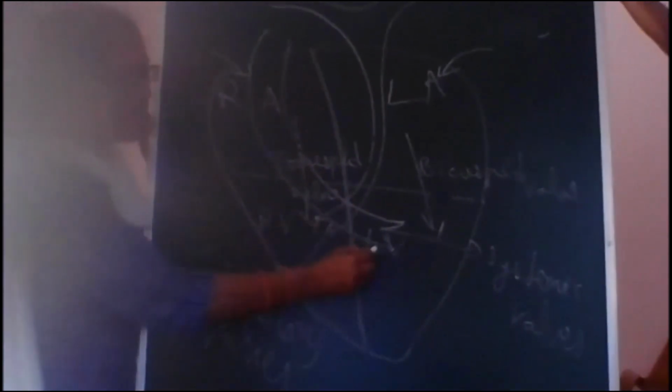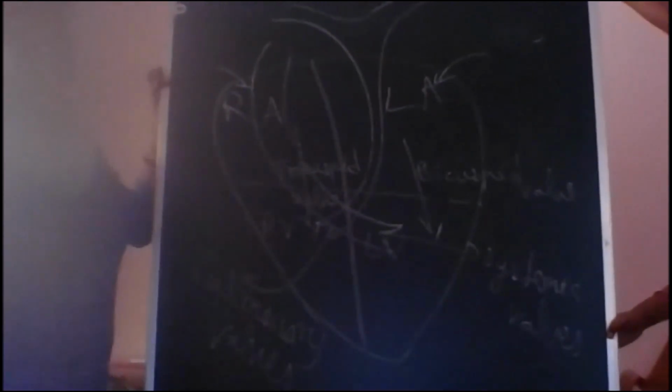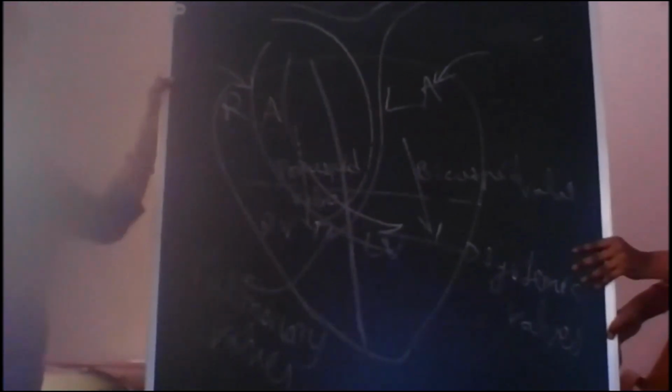Now at the origin of the aorta, we have pulmonary valves and systemic valves. Those will suddenly shut and will not allow the blood to come back into the ventricles. This shutting of the pulmonary valves and systemic valves gives the second sound of the heartbeat, which is called dub. So lub, dub, due to which the blood in the aorta will be moved forward. This is what you call the cardiac cycle, which will take 0.8 seconds. For each cardiac cycle, it will take 0.8 seconds.